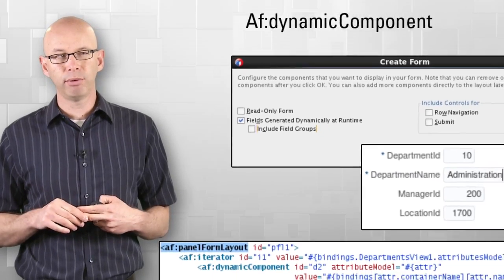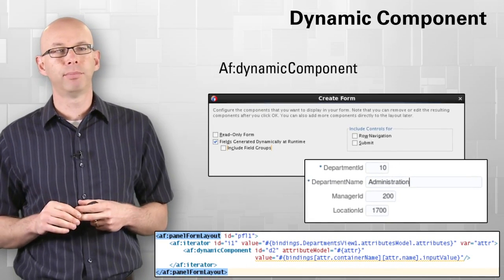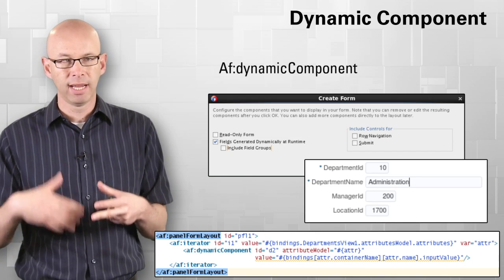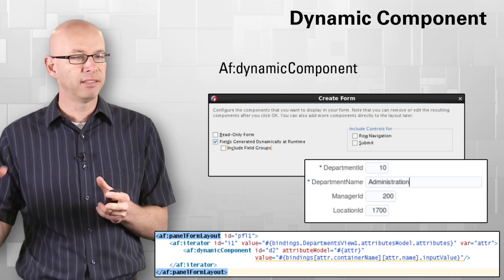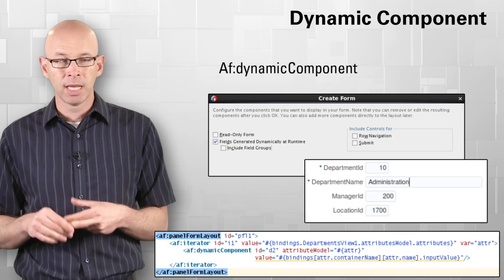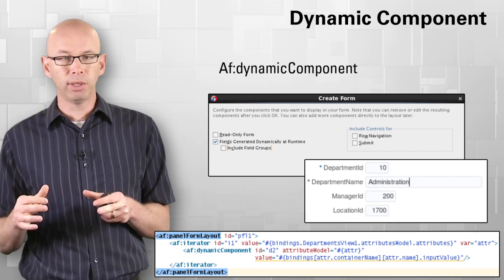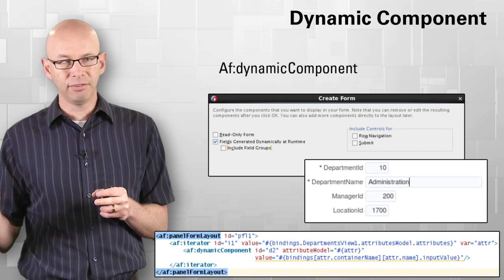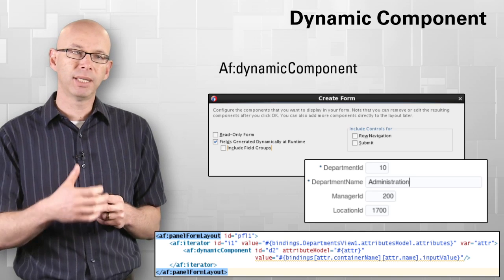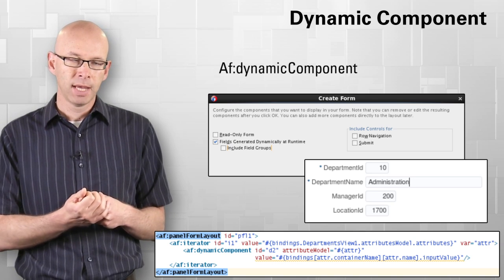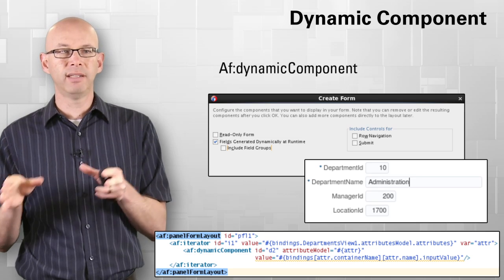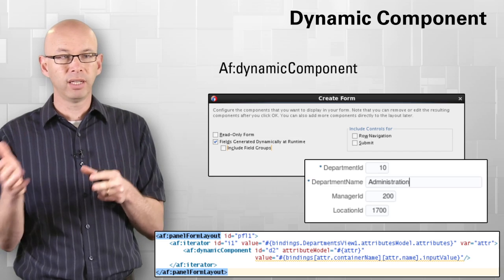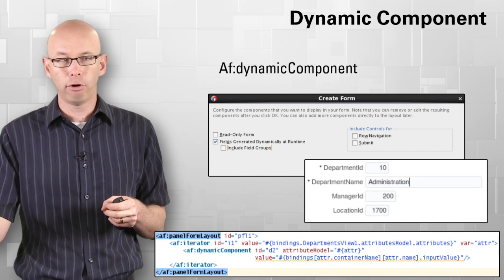Another very unique component that we built is the dynamic component. So again, we have a lot of situations where customers ask us to create pages that change dynamically based on some aspects of the backend. And the dynamic component is a component that you can place on a page and it would dynamically show as different types of components based on parameters that you're going to pass to it. And we actually integrated it with the binding layer in ADF. So when you, for example, drag over a view object and drop it as a form or a table on